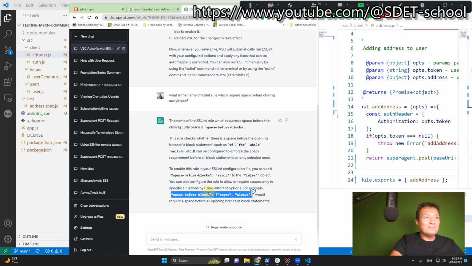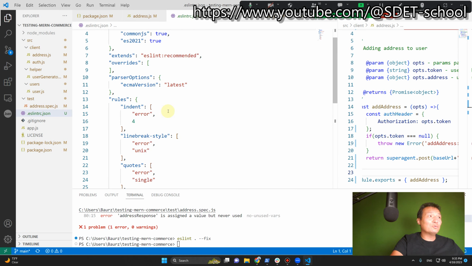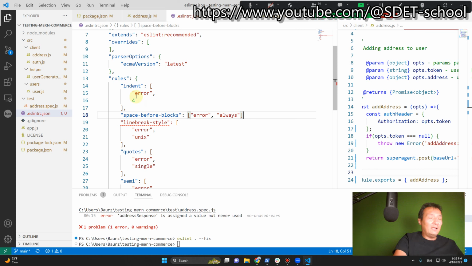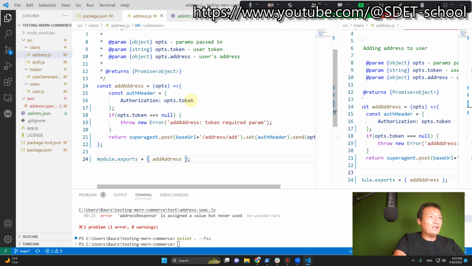So take a look, space before block. I will go to my ESLint JSON, go to the rules, and add one more rule. I can place it in a new place over here, and I need a comma. So space before block, and here always. Now, if I go back to this file, oh, I fixed this, but where do I have it? So if I don't have a space now,